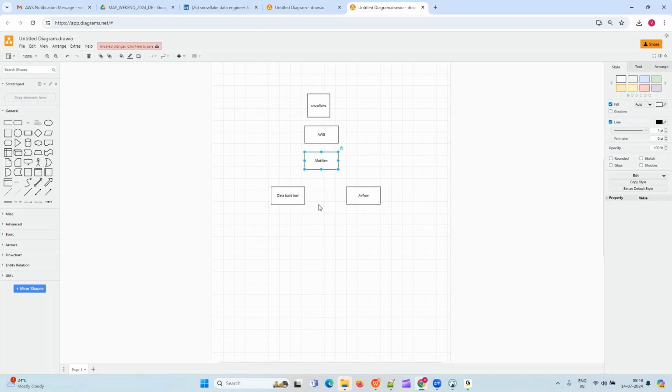Now we are going to build the data pipelines. I am going to provide you the real data set, and we are going to build real data pipelines using these tools. One data pipeline only with Snowflake, another data pipeline with Snowflake and Matillion, and one data pipeline with Snowflake, DBT, and Airflow. These are the different pipelines I'm teaching as part of this course.